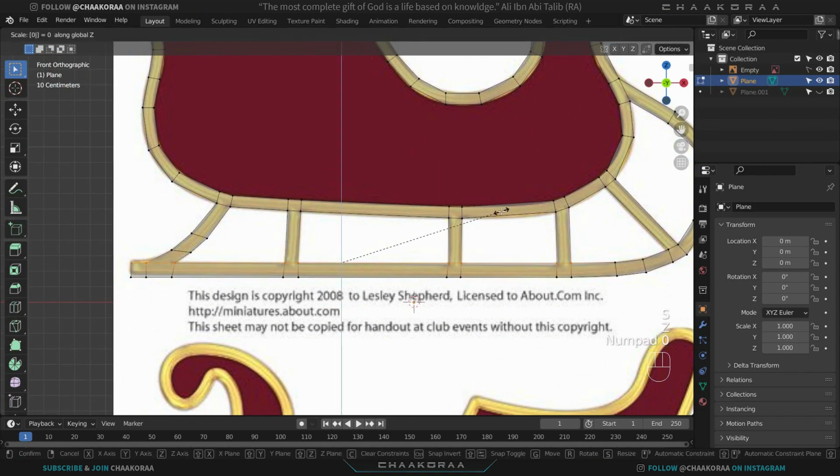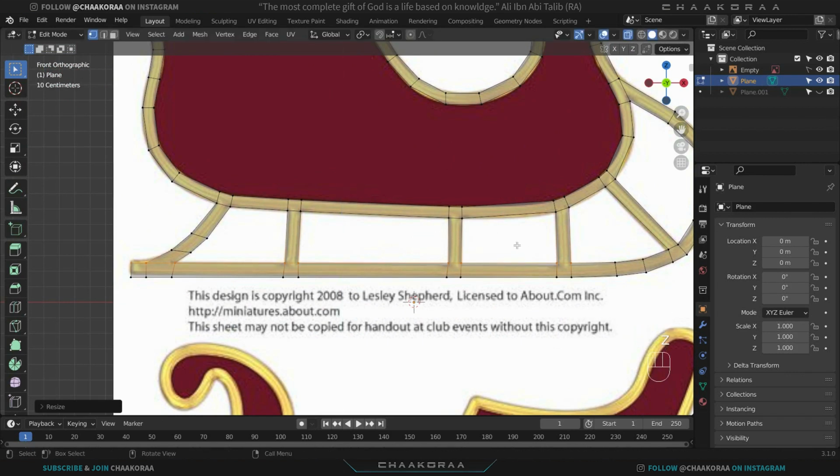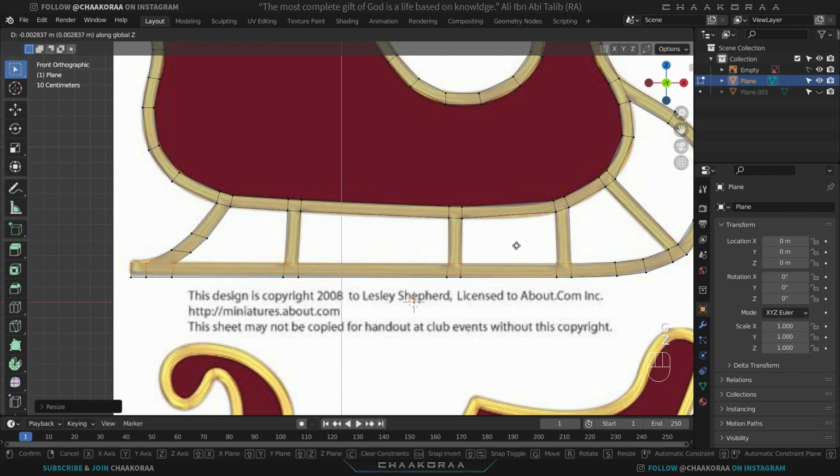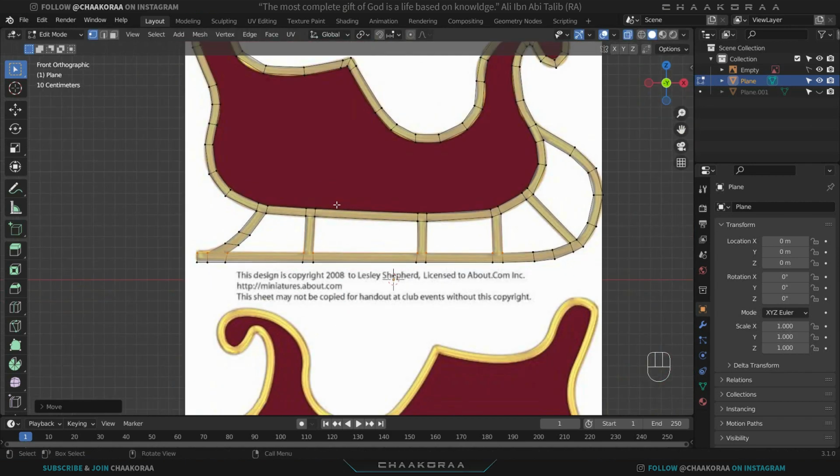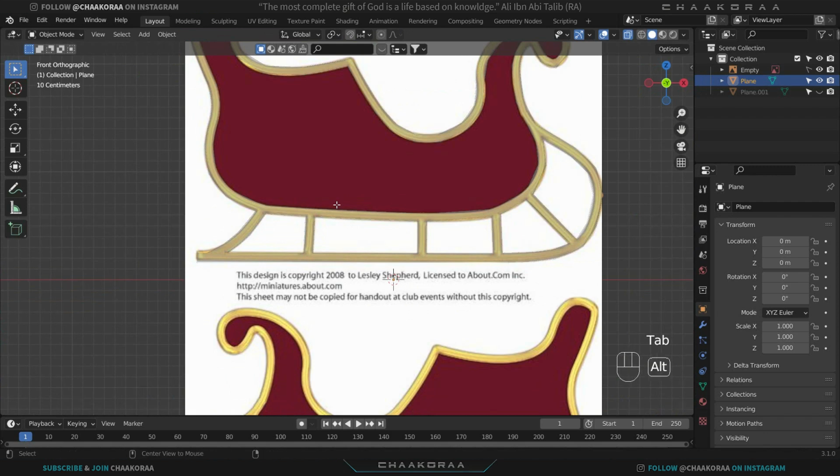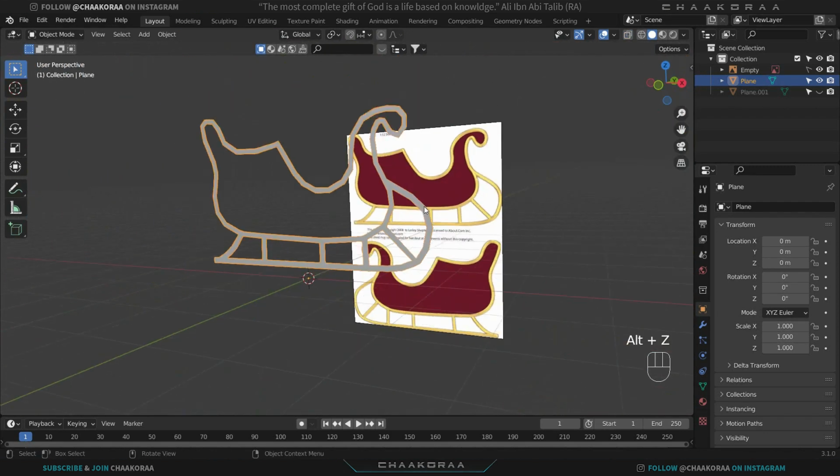Press S and X and then Z, maybe we can bring them a little bit higher. No, there's no need for that. Or maybe we can do it vice versa, bring them down a little bit. Okay, press Tab to go to object mode and press Alt Z, and you see that we have the shape here,